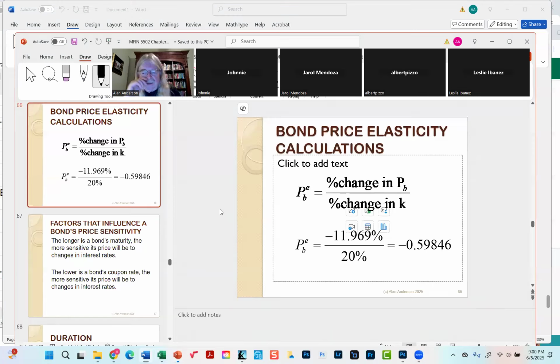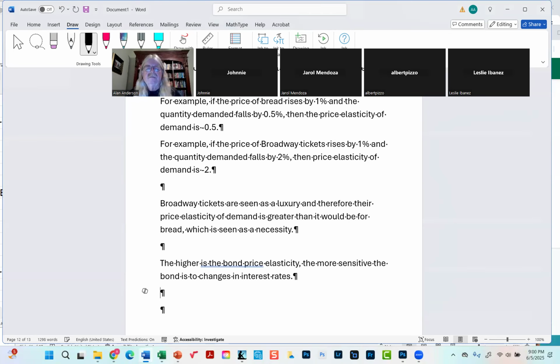So like in this case, even though it's a negative number, we want to think in terms of absolute value. So in other words, if a bond's price elasticity is negative 0.59,